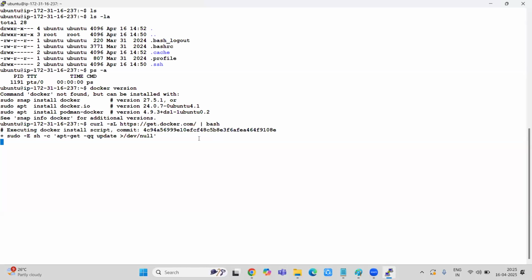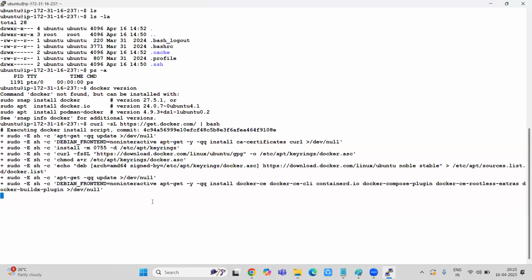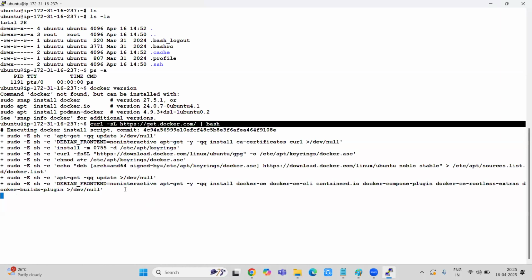That is the reason we have the script. I have notes as well on how exactly to install step by step, which takes almost 5 to 6 lengthy commands. If we just pass this script, it will install Docker, enable Docker, and start the Docker service, docker.service and docker.socket.